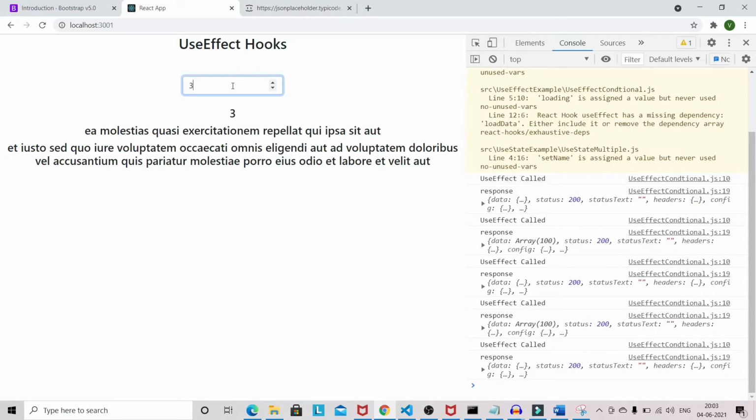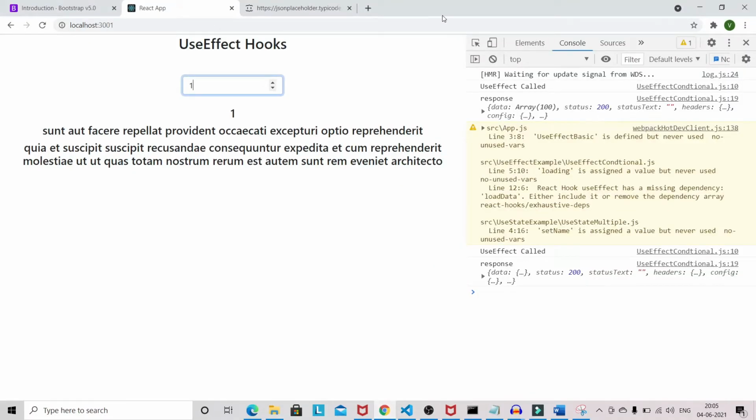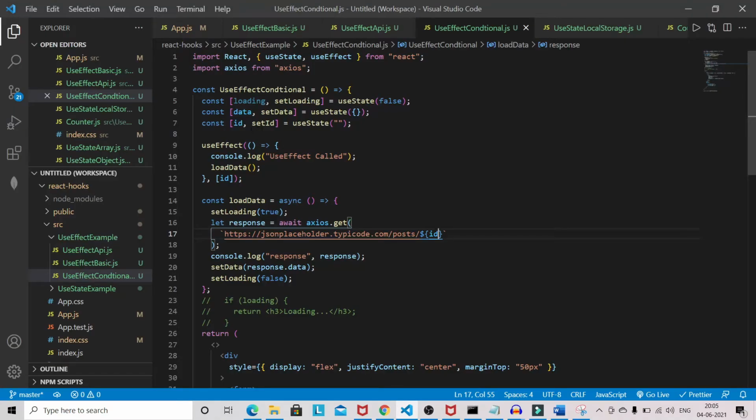So this is like componentDidUpdate. You can see that useEffect is getting called whenever we do any change here. Now if I remove this ID from here, let's see what happens.